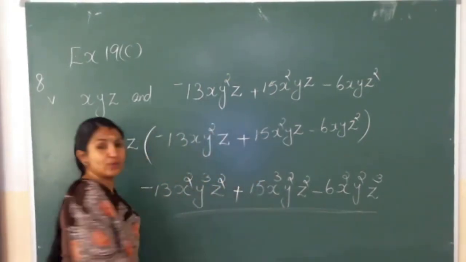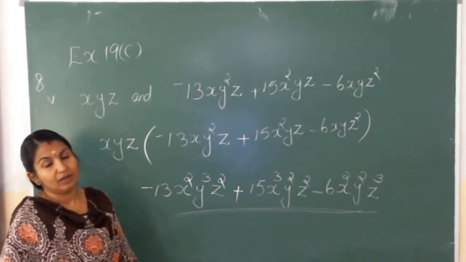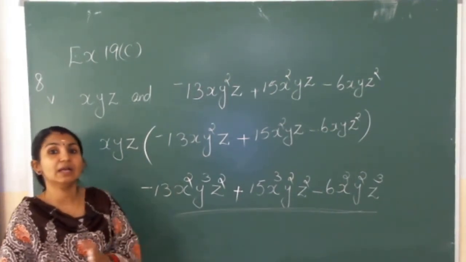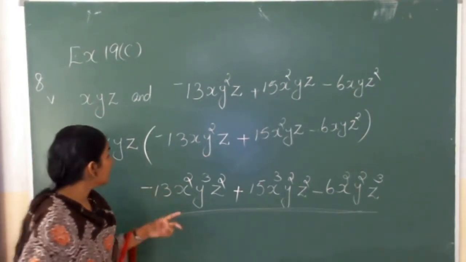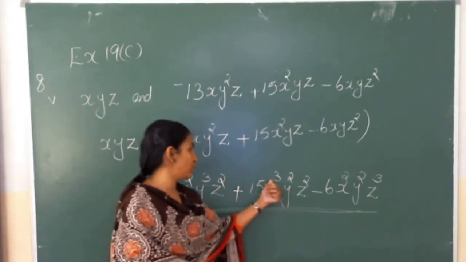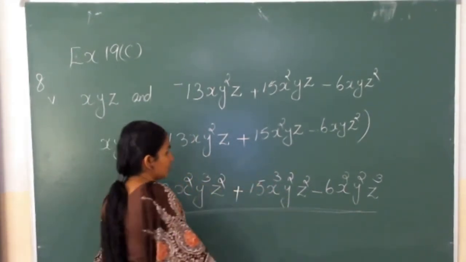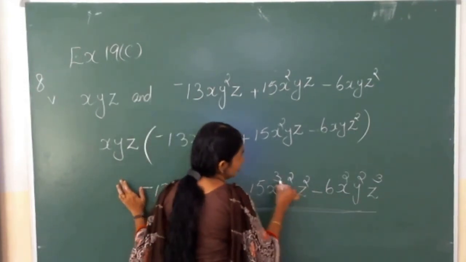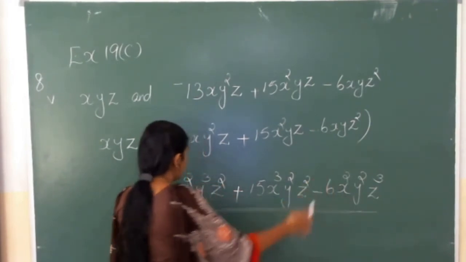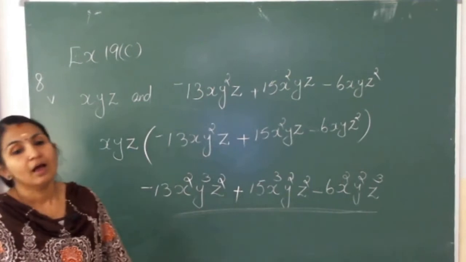When you are checking, you can see that all the 3 terms are different, or we can say that all the three terms are unlike terms. If they were like terms, we can add or subtract, but here all are unlike terms. Here x square, here x cube. So they are unlike. Now just think about these two, here x cube and here x square. So both are unlike. When we think about this one, here y cube and y square, we can say that they are unlike terms.